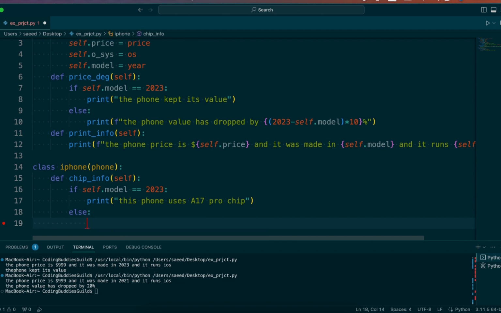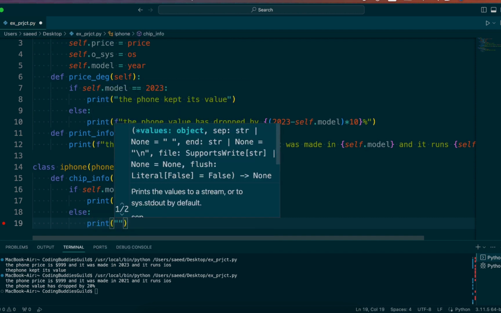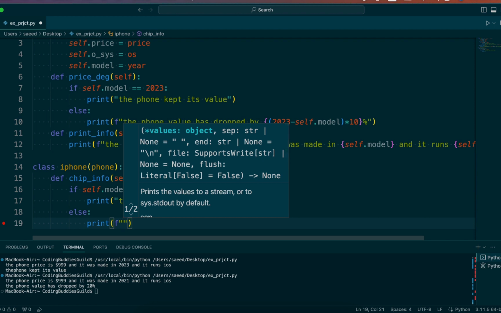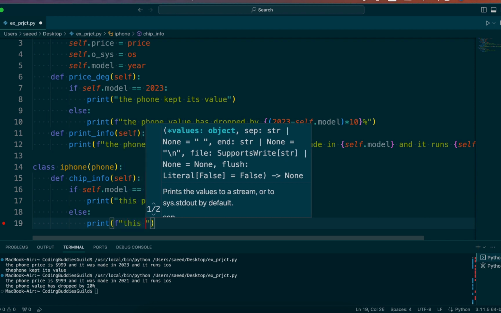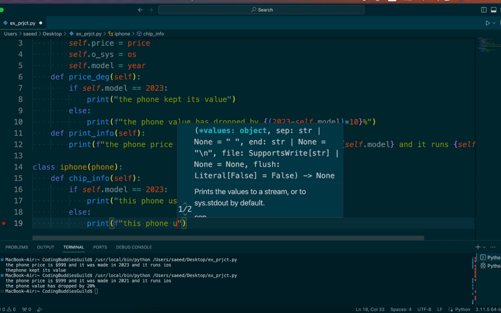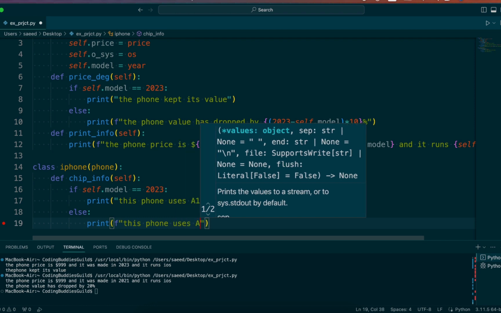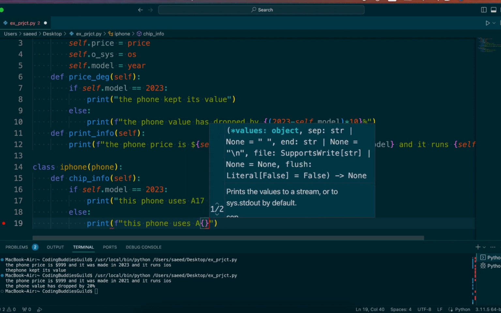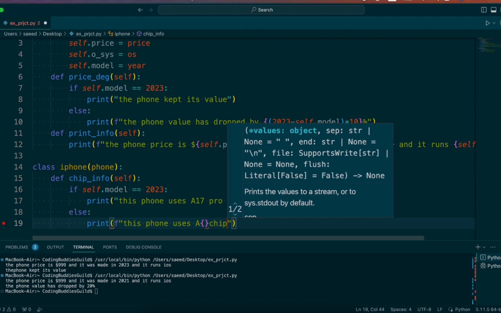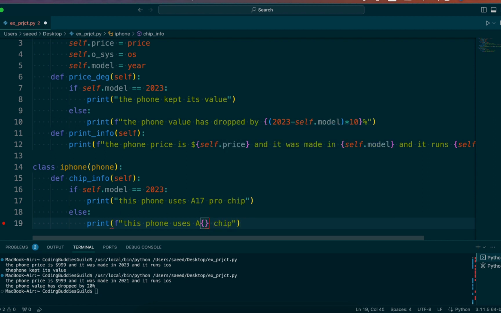Else print, just going to use an f-string here, and I'm just going to call that this phone uses a something chip, right? What's that chip? I think like you were using A16, A15, Bionic stuff. So I'm just gonna go 16 minus